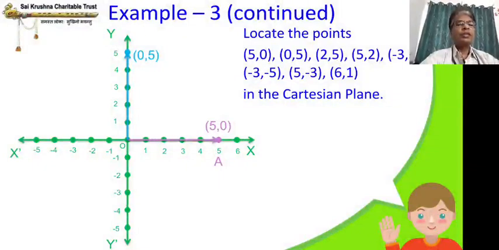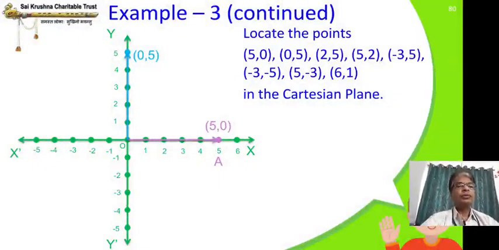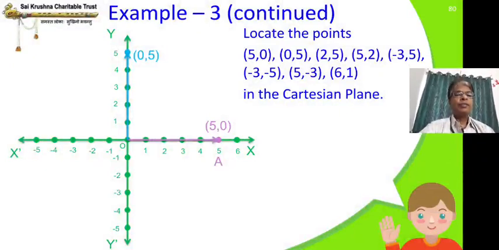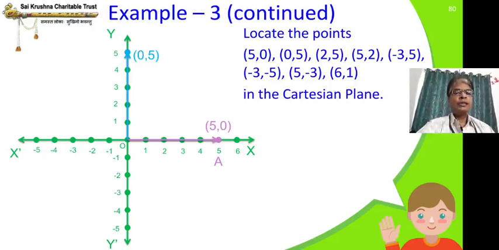Yes, I have repeated the points so that it's easy for you to understand. (5, 0), (0, 5) we have done, (2, 5). So I am not going to wait for this. Now what you can do, plot all the balance 6 points in your notebook, and first do the cross checking also, whether the signs of the coordinates and the signs of the respective quadrant are correct or not, that also you check. After that you start playing. After that I am going to show all the points one by one.